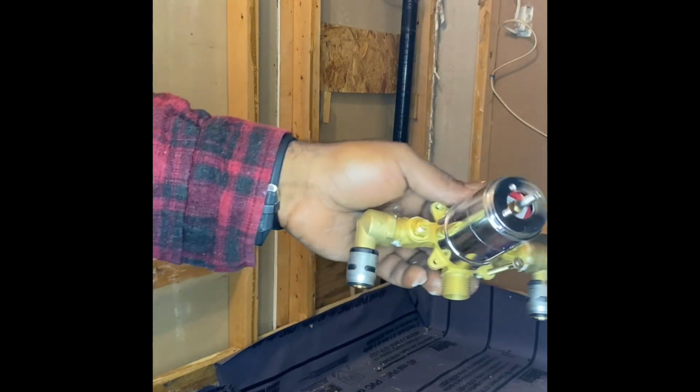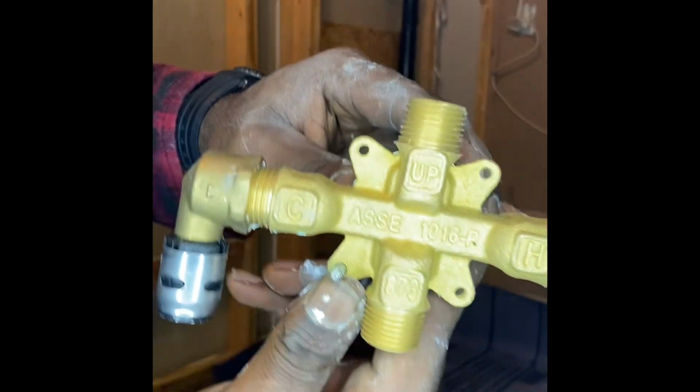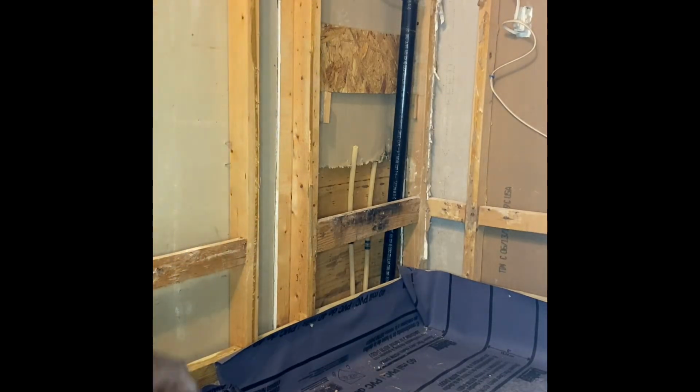This is a mixer valve. This is what is behind the wall if you have a single knob in the shower. Here you see you have the hot side and the cold side, and I've already added two elbow SharkBite fittings to it. I'm going to go ahead and add the third,